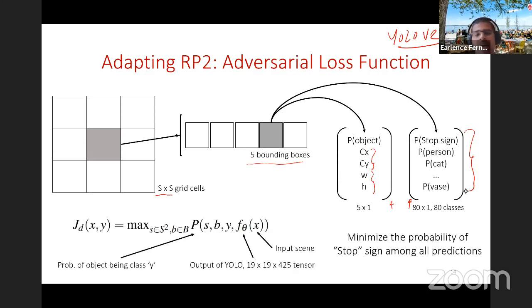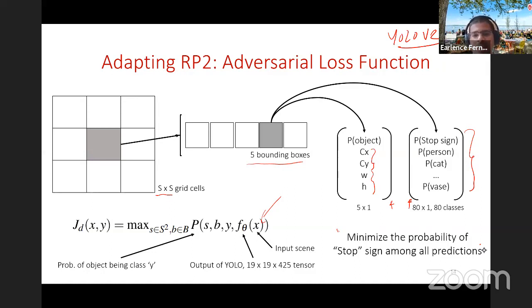Okay, so this is very different from your classifier style output, and so your loss function needs some thinking. One of the goals in this proof of concept was to simply make the stop sign disappear, make the target object disappear. So we designed a loss function to encode that idea. I've taken this from the paper, but the English description is that at any round of optimization, you look at the output and find the maximum probability stop sign. Out of all the predictions, which object is the stop sign and what's the maximum one? And you minimize that directly.